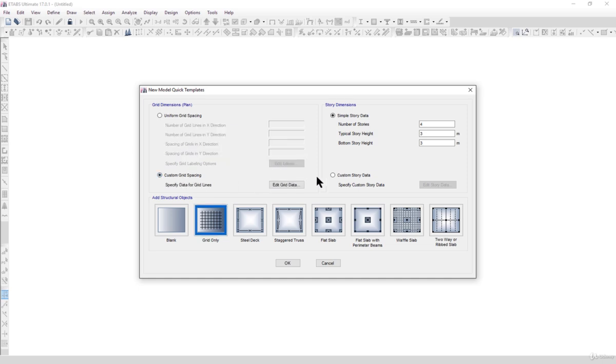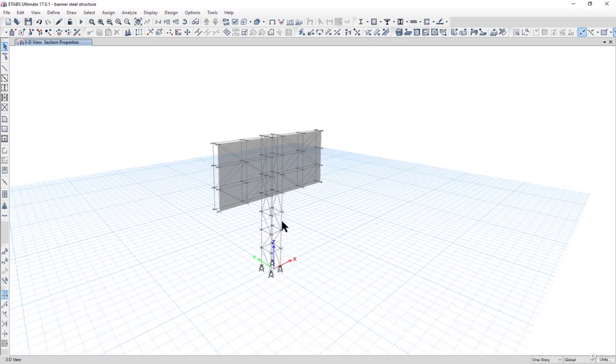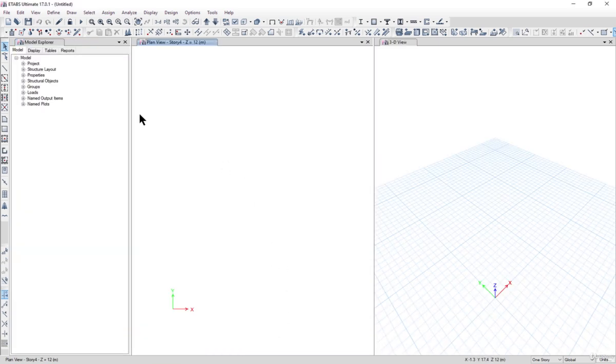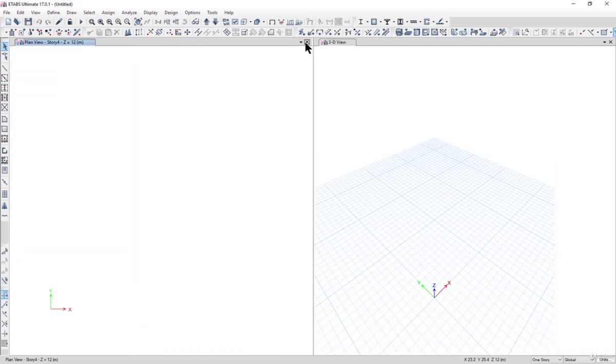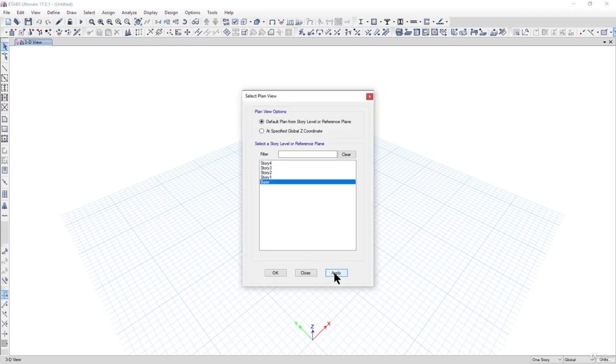and then we will go with the freehand sketching only. If you are new to ETABS, or you're not comfortable with drawing this model freehand, then you can draw two grids here and then assign stories to all of these levels, and then similarly you can model that. But I won't suggest you do that because it is very time consuming and can lead to a lot of reworking. So what we can do here is go to plan, select base level,